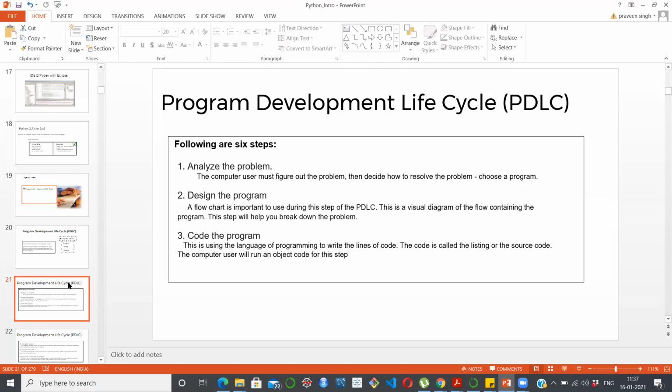Okay, guys. So first of all, you have to choose your case study where you have to document something which is named as requirement. Then you have to design the program. Okay. Then you have to write the code.